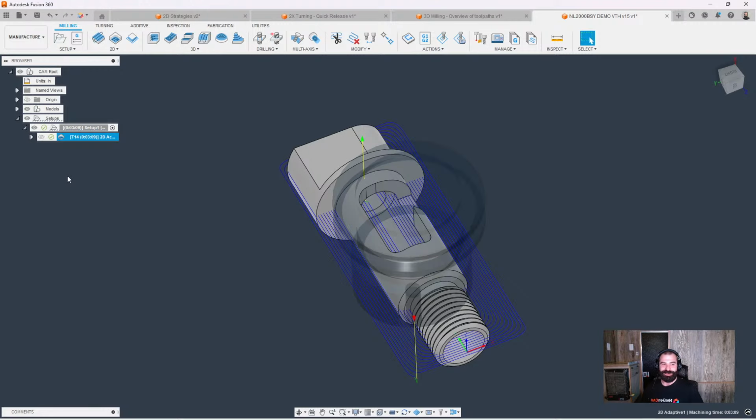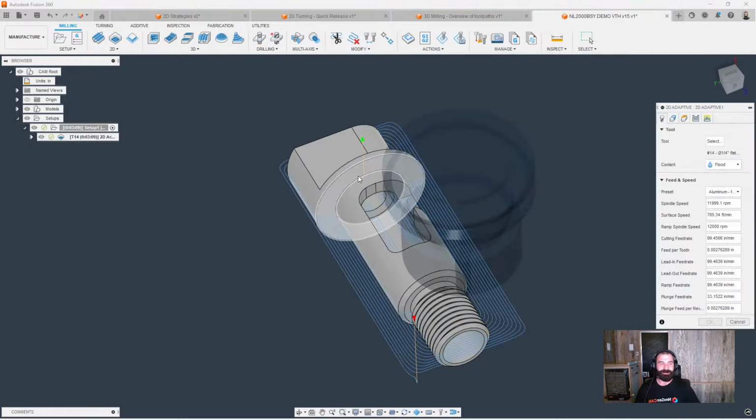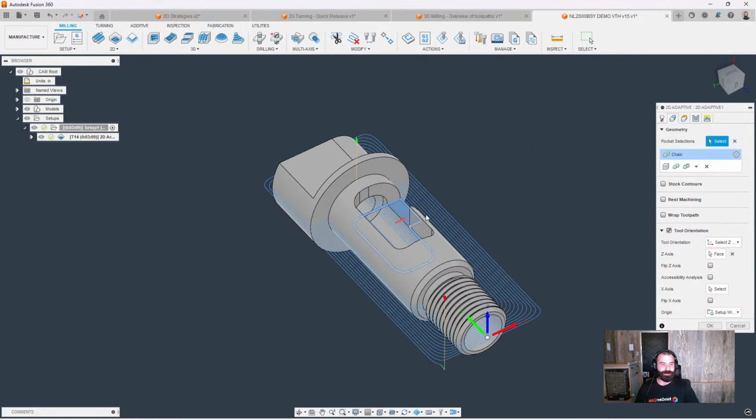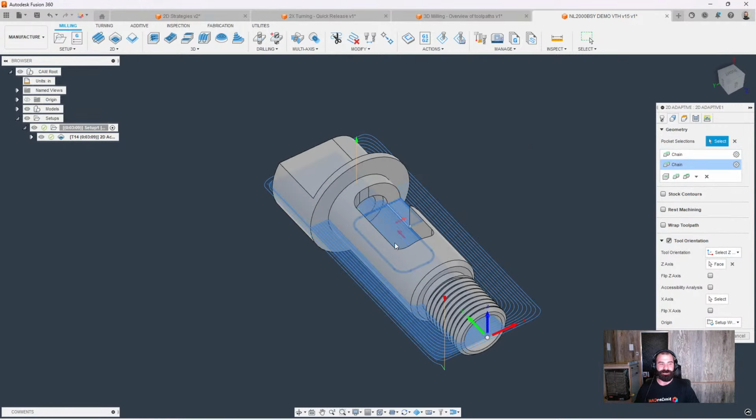And if anybody out there can guess why it's a terrible toolpath, throw it in the chat before I go back in and change it. I'll give you guys a couple of seconds. I don't know how big of a delay we have. Not seeing any comments in the chat, so either you're all completely confused or there's just too big of a delay. Well, based on our boundary that we've selected, we could be on the wrong side of our chain,